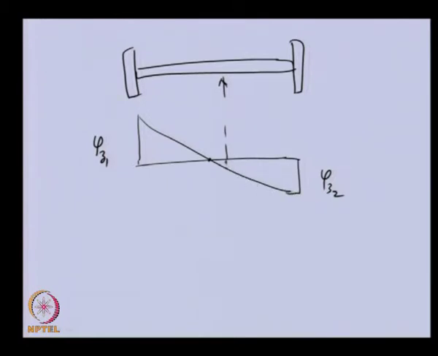We can see that after the gear, if this is the gear location, all the displacements will be divided by n. So, we can expect a change in the slope of the line, and this particular thing is nothing but phi Z2 by n. So, the mode shape will be this solid line up to the gear, and this dotted line will be the modified mode shape for the actual system. All the analysis will remain the same as the previous one.